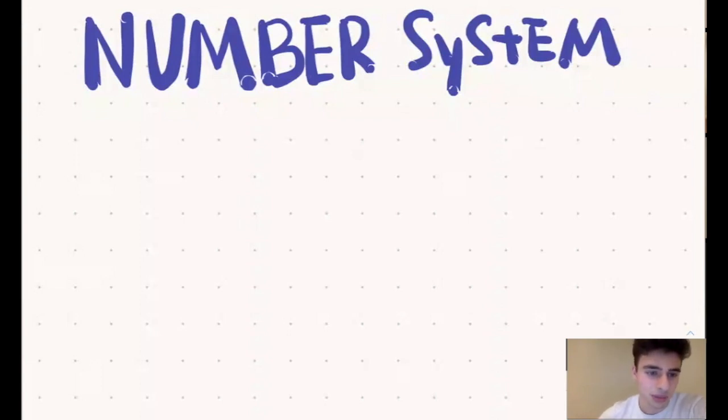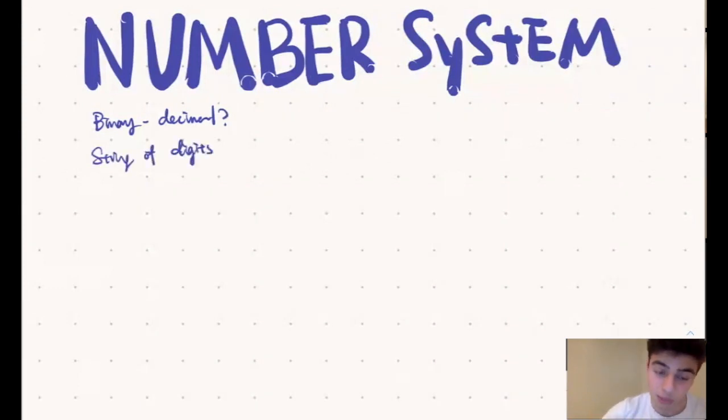So for today's algorithm, we're going to be talking about number systems, specifically binary and decimal. But before we get into the distinctions between the two and how you convert from one to the other, we need to first define a notion of what we mean by a string of digits. What does it really mean mathematically when we write a string of digits one after the other? So we define this notion of xn concatenated to x1